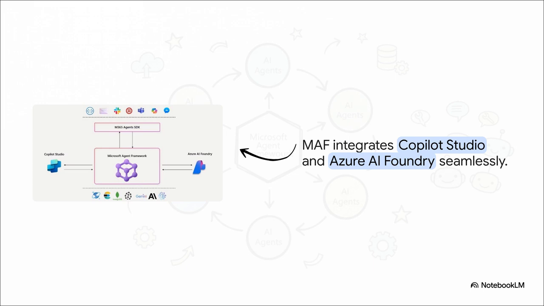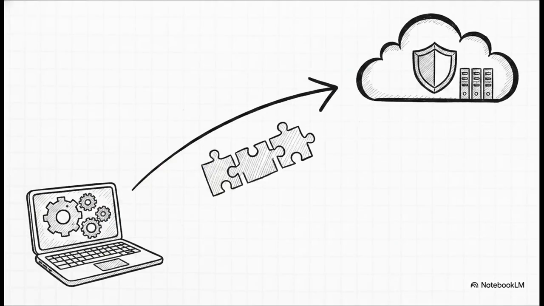It takes your locally built code and transitions it incredibly smoothly into a managed, highly scalable runtime. Through the M365 Agents SDK, you can connect your framework to Copilot Studio and various channels while seamlessly tying into Azure AI Foundry on the backend for all the heavy lifting and model management. Do you know what this means for developers? Zero rewrites. Literally zero. You can build and test your agents entirely locally using the open-source SDK. Then, when you hit publish, the execution logic remains perfectly consistent for production. This completely eliminates deployment friction and debugging overhead.